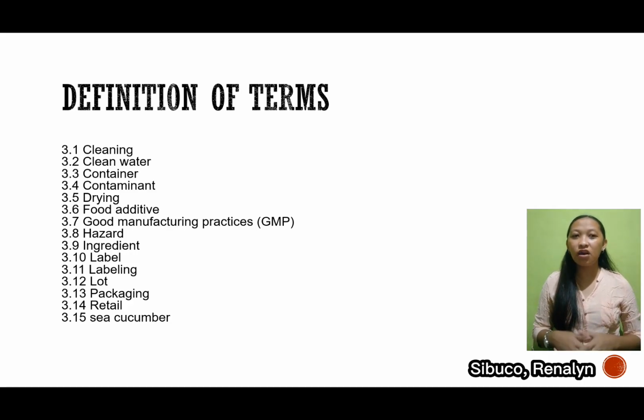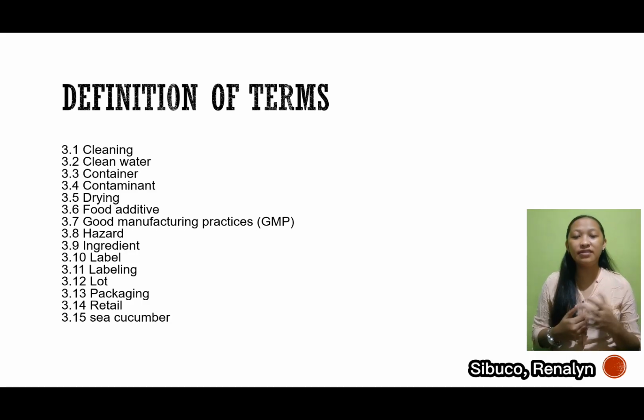food safety or suitability. Drying, process in which the moisture content is reduced using appropriate drying methods, which may include sun drying, smoke, or drying under controlled conditions to the required level as specified